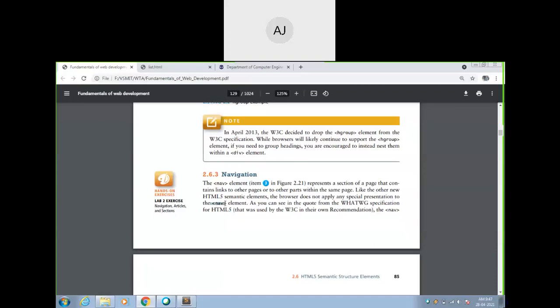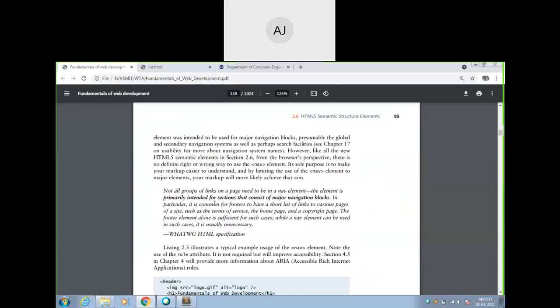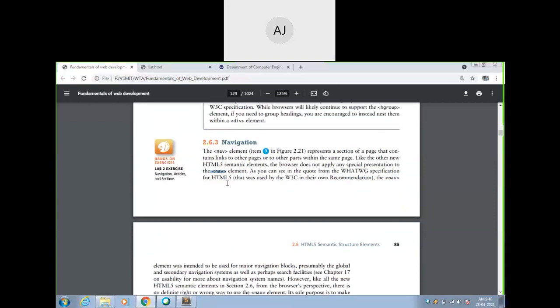This nav means navigation. Whenever you want to create multiple sliding images, you can go for this nav. Nowadays nobody is using this because there is a carousel present in Bootstrap, which helps you to create the navigations. Right now for this HTML5 you have this concept.